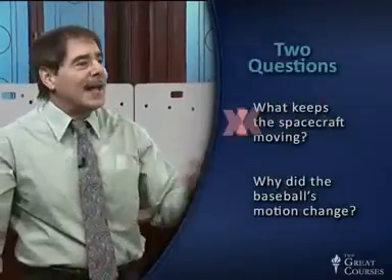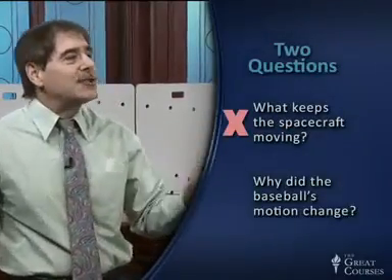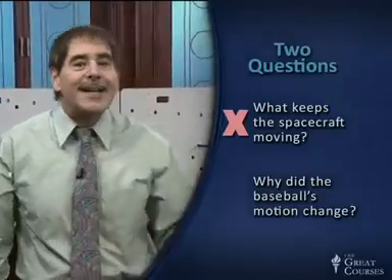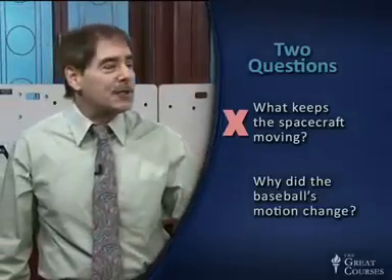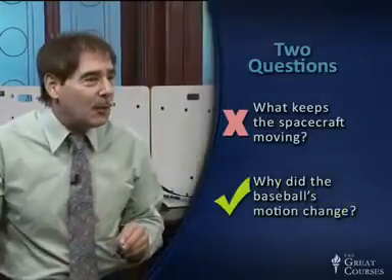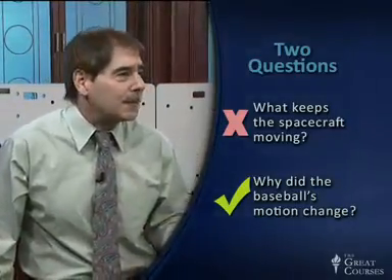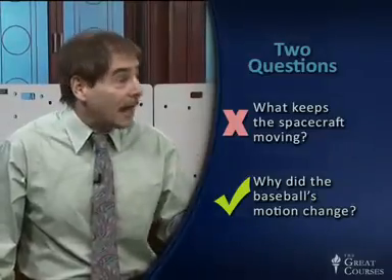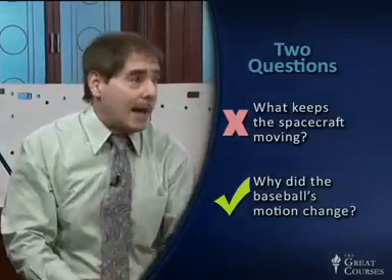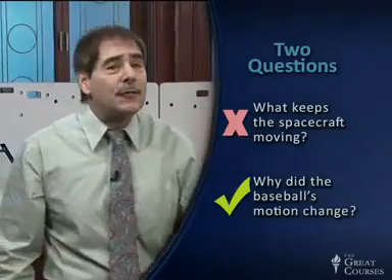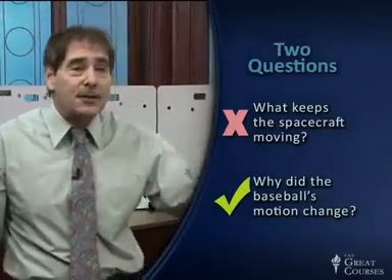What keeps it moving? That's the Aristotelian question, and that's the wrong question. The study of motion, Newton's whole theory of motion, is not about what causes motion. It's about the second question. It's about what caused the baseball's motion to change. Something did, and that something was the swing of the bat, and the bat colliding with the baseball, and a lot of physics going on there, but it was the forces exerted by the bat that caused the baseball to